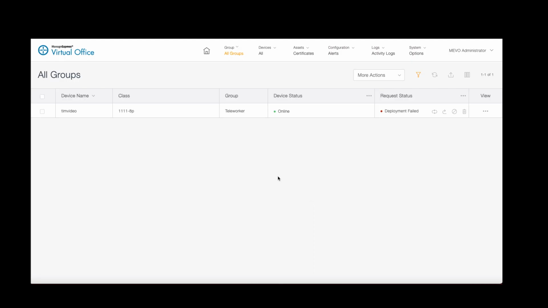Hey everyone, this is Tim from the future. I forgot something real quick. If we go back and check MEVO, our spoke router is actually going to say deployment failed. And this is because in my topology, the MEVO server doesn't actually have a route to our spoke that we just provisioned. If we go to the configuration classes page and we look at our class,